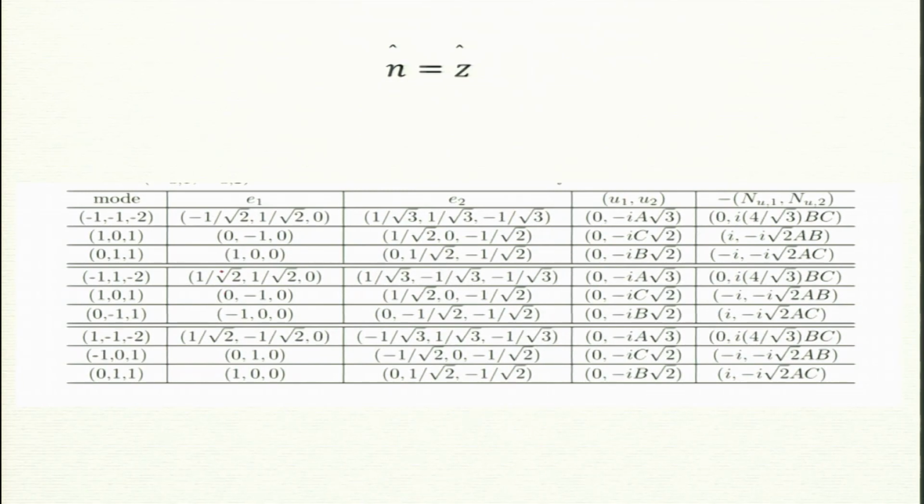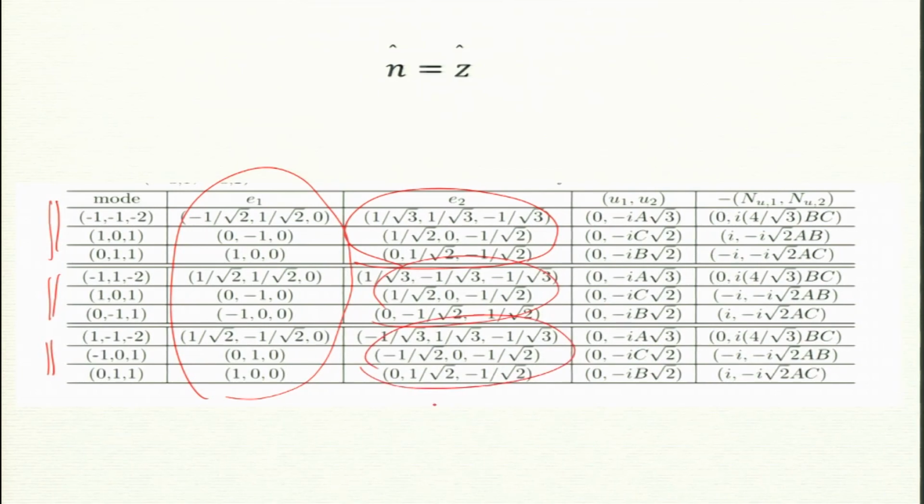So these are E1. There are three triangles here, and these are E2s. Now E2 are not minus z cap. You can see that E2 are all changing. Now U1, U2, you see this is interesting. There is no U1; all of them have only a U2 component. Right, U1 is 0 for all these.